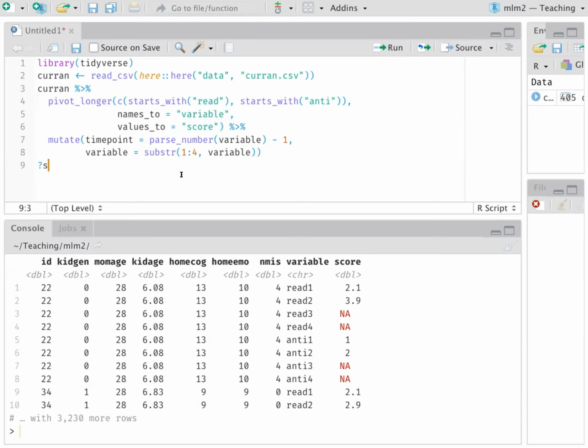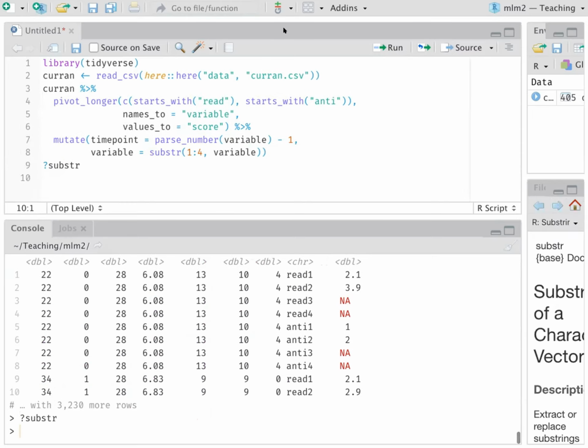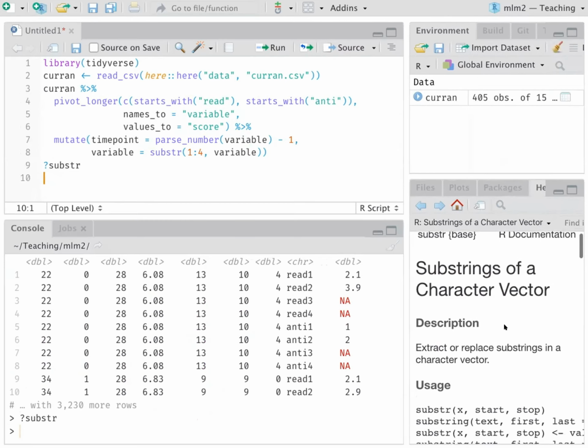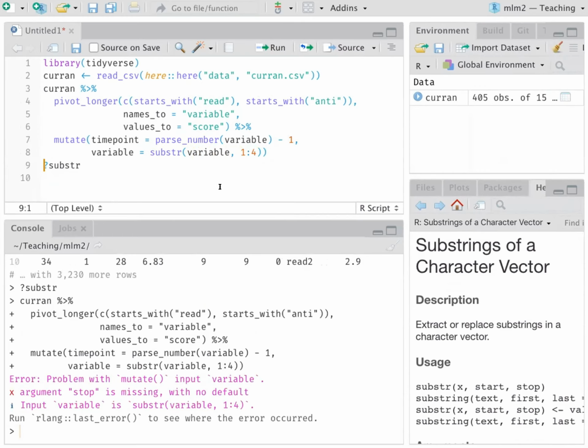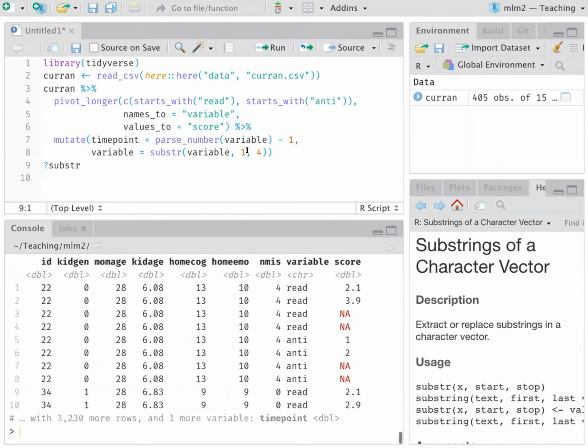Let me look at substring real quick. Start, stop, yeah. Oh, yeah, x. Okay, so I have them backwards. 1 to 4. Arguments, oh, I need them as separate arguments. That's what it is. Okay, so substring 1 to 4, or how I was trying to do it to start, would be